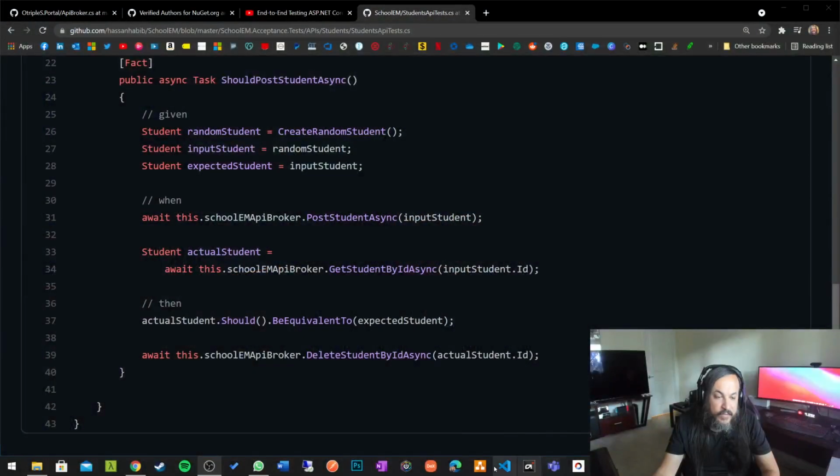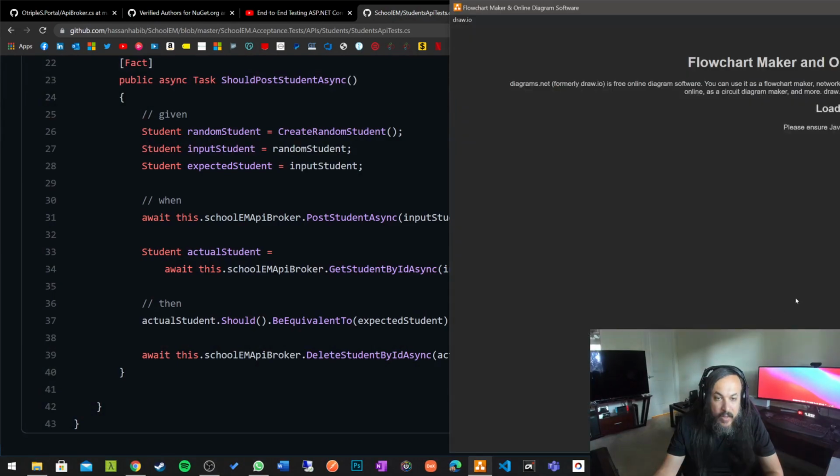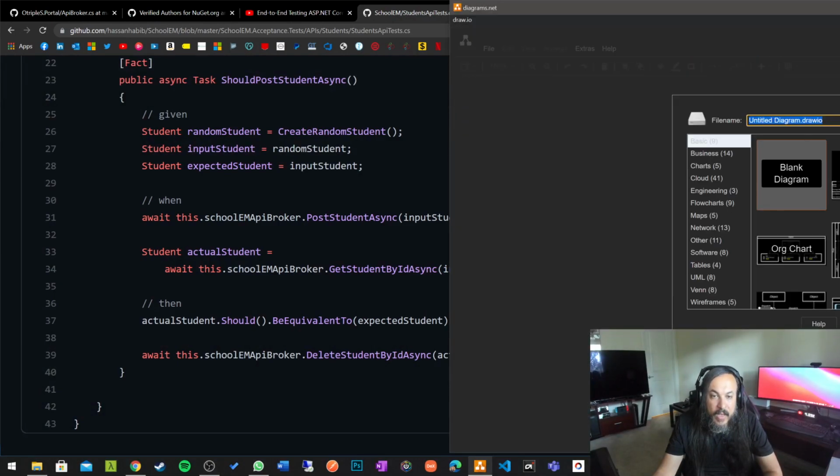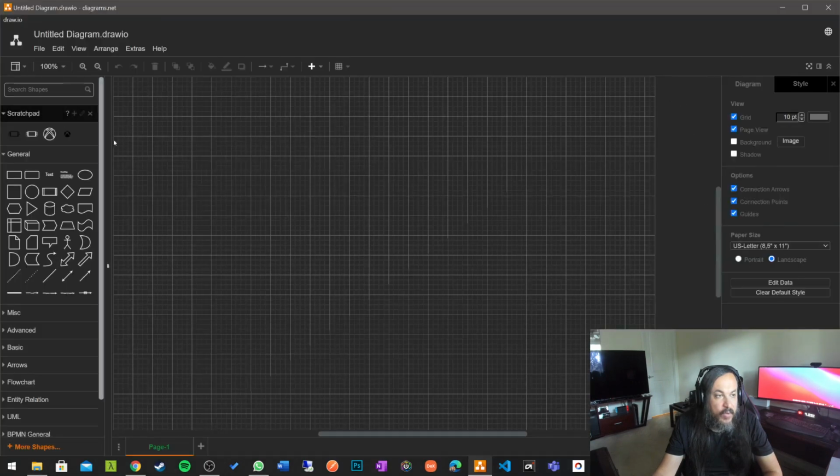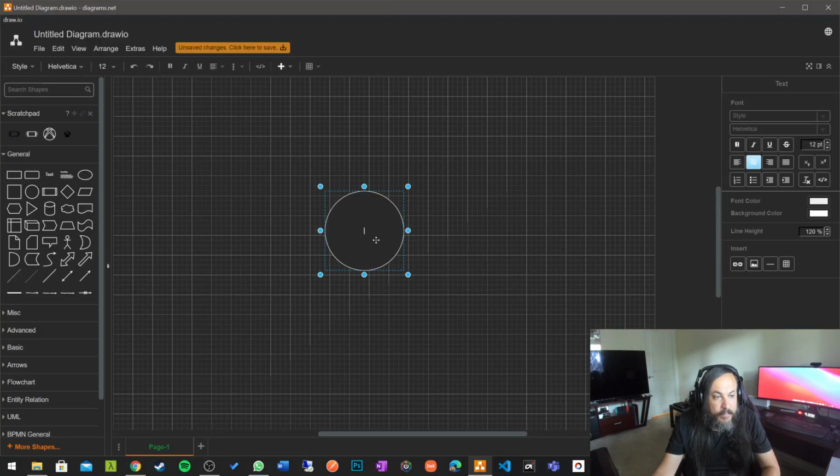If you're building truly industrial, enterprise-level applications, you know that you will run into situations where you need to actually integrate with external resources that you don't necessarily own. So let's put a little picture in here just to visualize things. In the original SchoolM end-to-end ASP.NET Core testing, we said, okay,